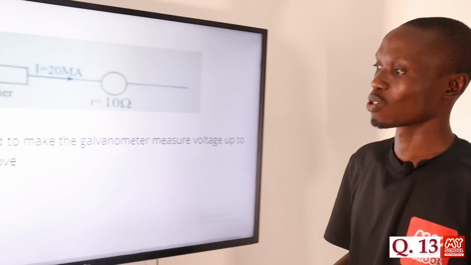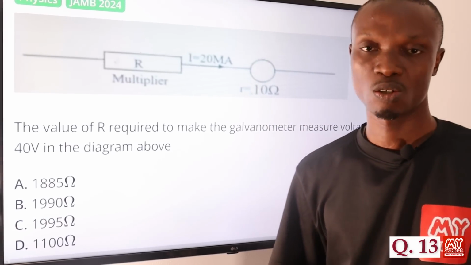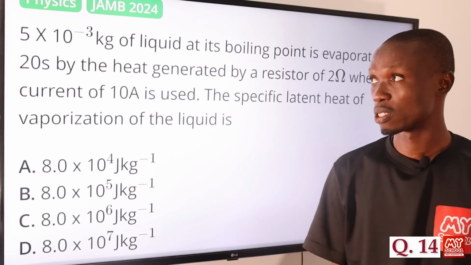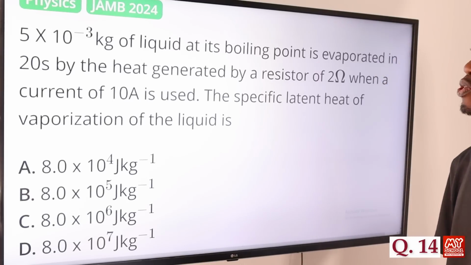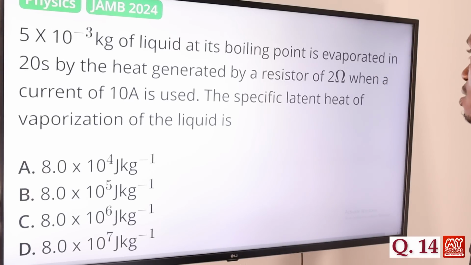Okay, and that is option B, 1990 ohms. Question 14. 5 times 10 raised to power minus 3 kilogram of liquid at its boiling point is